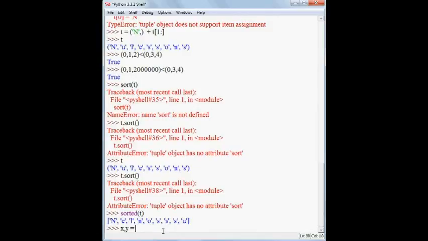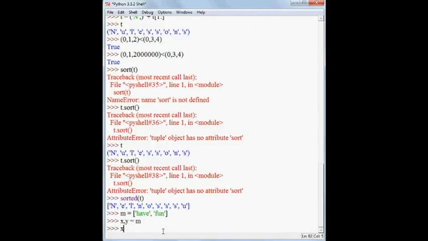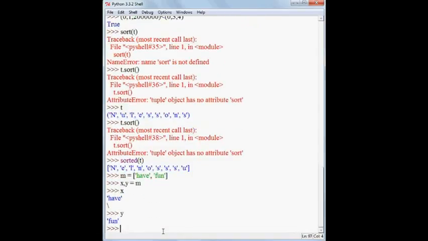So I need to create a list first for this. Okay, this is my list, so x, y equal to m.